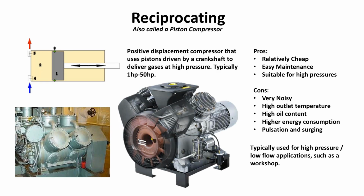just like your internal combustion engine, or you can correlate all these compressor types to a chiller or a refrigeration system too. And just like in a refrigeration system, the piston type is the cheapest, and it's also the least efficient. And it's a positive displacement compressor, and it works with a piston and a valve, and the crankshaft drives the piston, and the valves bring in the air and get rid of the compressed air or send it out